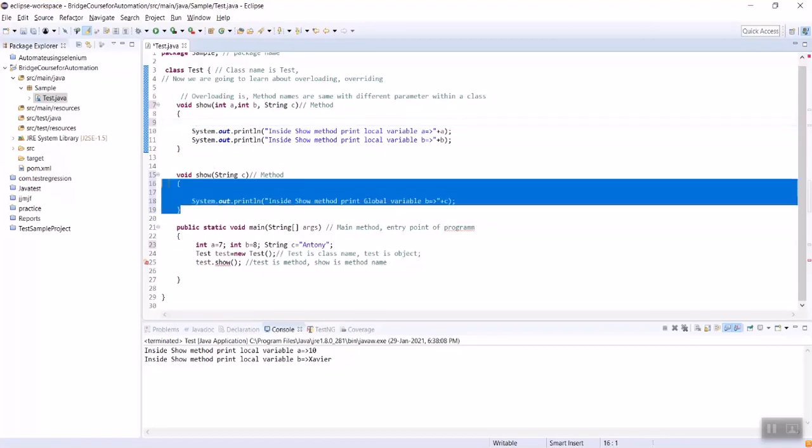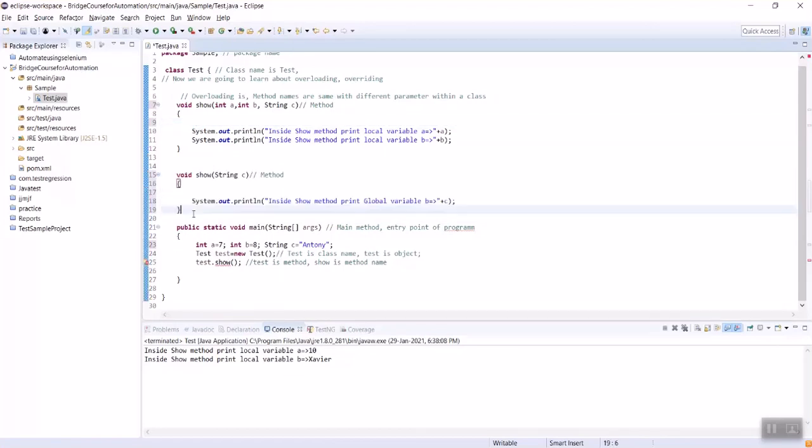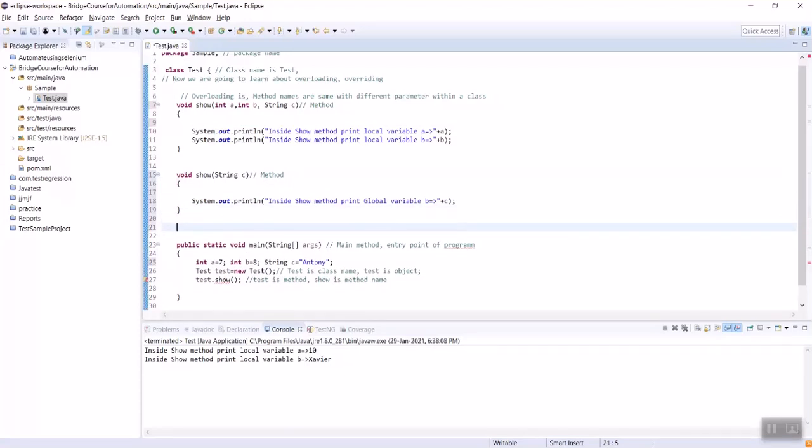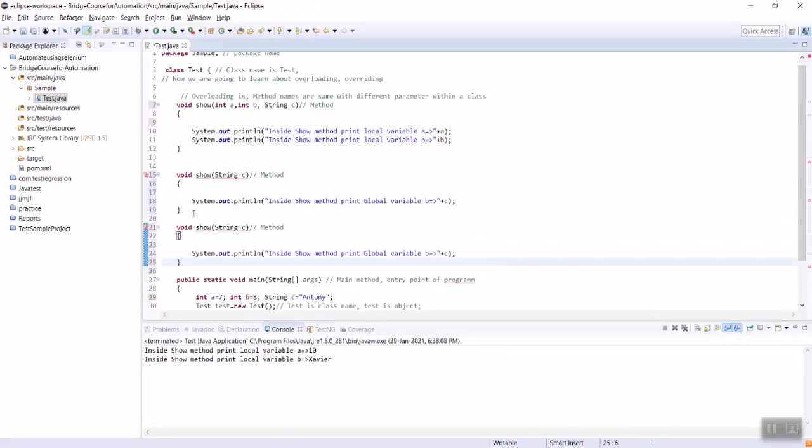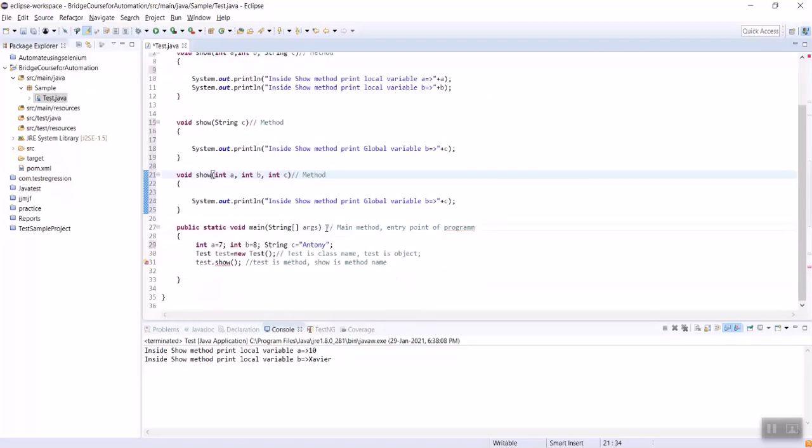So based upon that we need to pass the object dot method with the arguments. One more method we have added, that will be integer a comma integer b. So when we look at these methods, the method names are the same. Line number 7, 15, line number 21. The method names are the same, but the parameters are different.